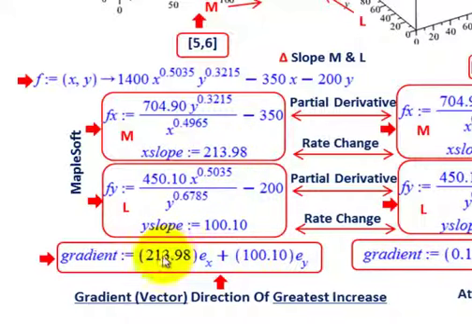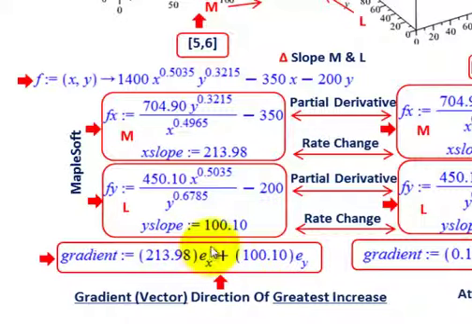the x direction. That's 213.98 for our vector in the x direction, our material, and then add to it the change in our labor at 100. So we put that in, and that's our gradient vector. That's the direction of the greatest increase. And with this gradient vector, we'll be able to